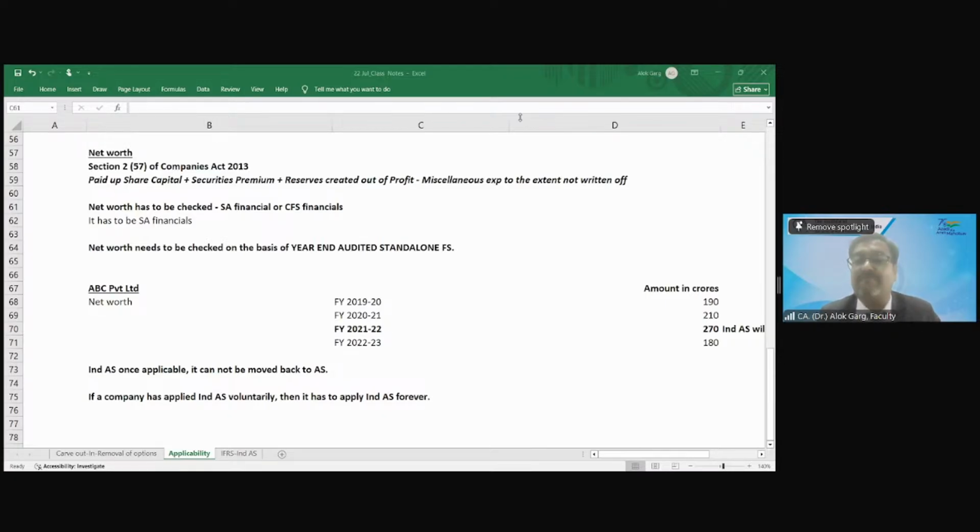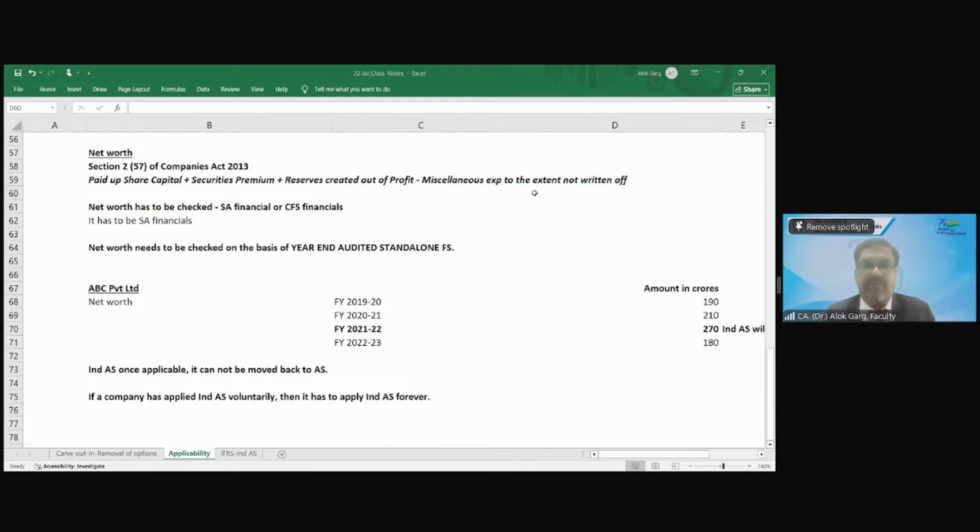Swaminathan, doesn't matter. Even if the non-corporate entity's net worth is 1000 crore, Ind AS is not applicable, right? Because MCA is not applicable to non-corporate. So friends, what is the meaning of net worth? Paid up share capital plus security premium plus reserves created out of profit minus miscellaneous expenditure to the extent not